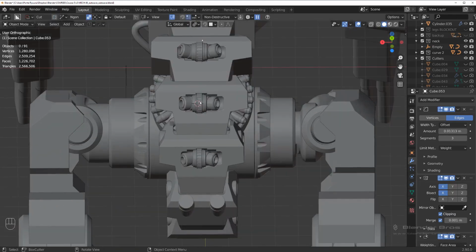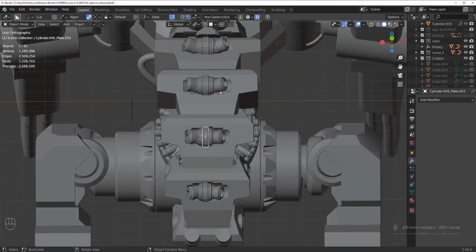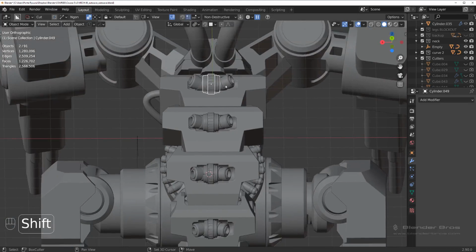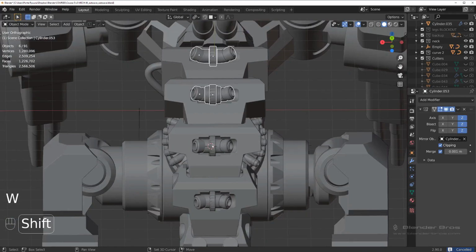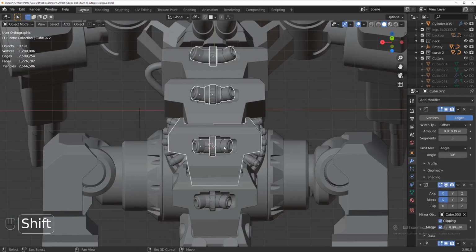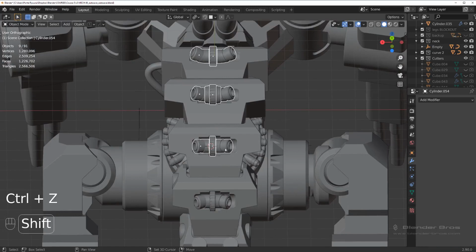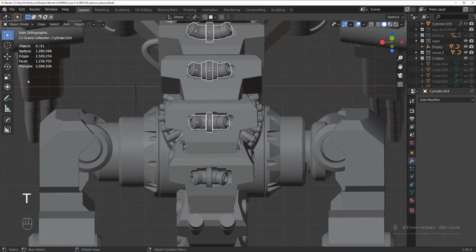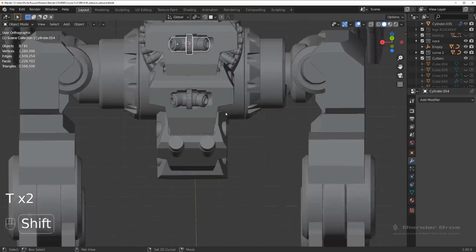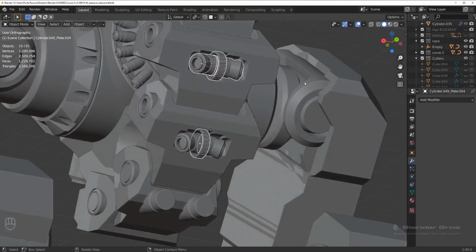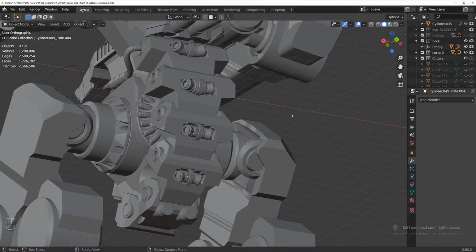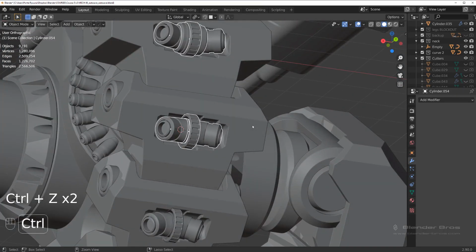We're gonna have to move these ones to the middle a bit, so press W to turn off this box cutter because it's causing problems. If you don't know which mode you're in, you always need to have this on. So I have it turned off because did we not copy the